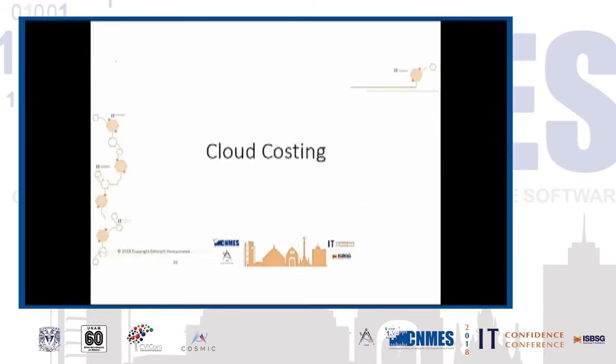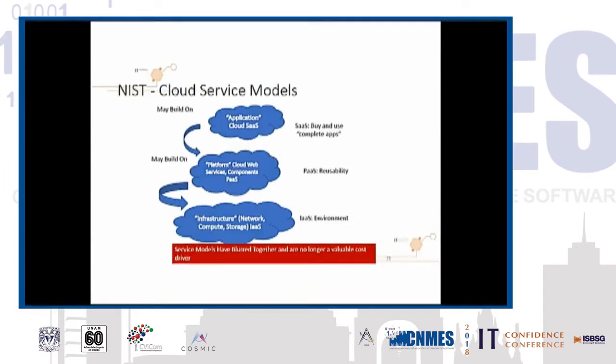Next slide, please. Let's talk about cloud now. Now, this is a big organization. Not only are they going to put it on the cloud, they're going to have the cloud supplier build a special cloud facility just for them. So, big cost. First of all, if you look at NIST, they talk about 3 levels of cloud: infrastructure as a service, platform as a service, and software as a service. We've seen in the world infrastructure and platform kind of melting together, and in some ways software as a service melting together as well. There was a time these could be the cost drivers, not anymore.